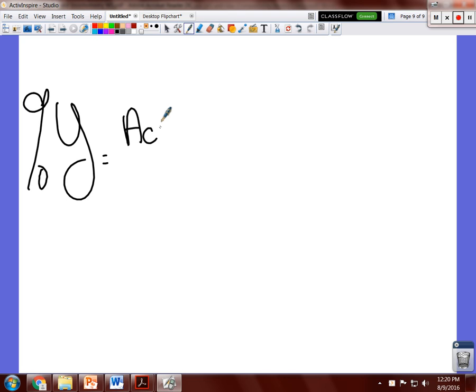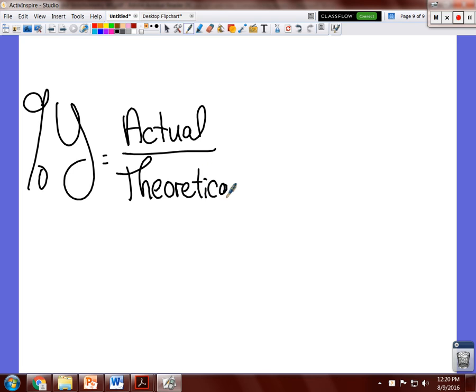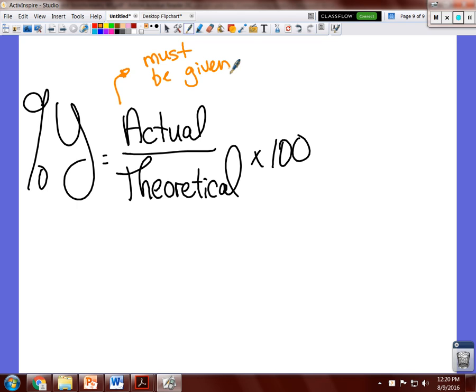So, does anybody remember what percent yield is? Very good. Actual over theoretical, and then what? Very good. Times 100. So A over T times 100. So the thing about it is actual must be given in a problem, or you could theoretically do it in an experiment, because it's an experimental, it's an actual value. And theoretical